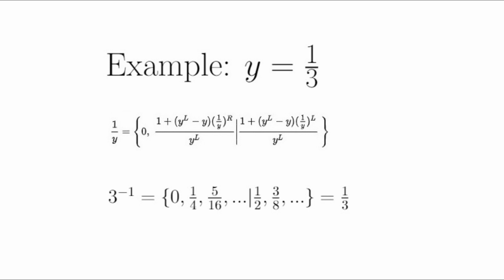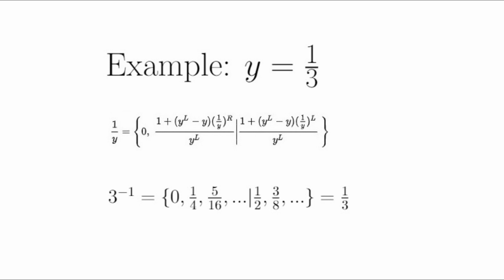So I have rewritten the formula removing terms involving yr. Now according to the formula, 0 always belongs to the left part. I substitute 0 into the formula and I get 1/2 belongs to the right part. Substituting 1/2 back in, I get 1/4 belongs to the left part. Then 3/8 on the right, 5/16 on the left, and so on and so forth. This could go on forever.